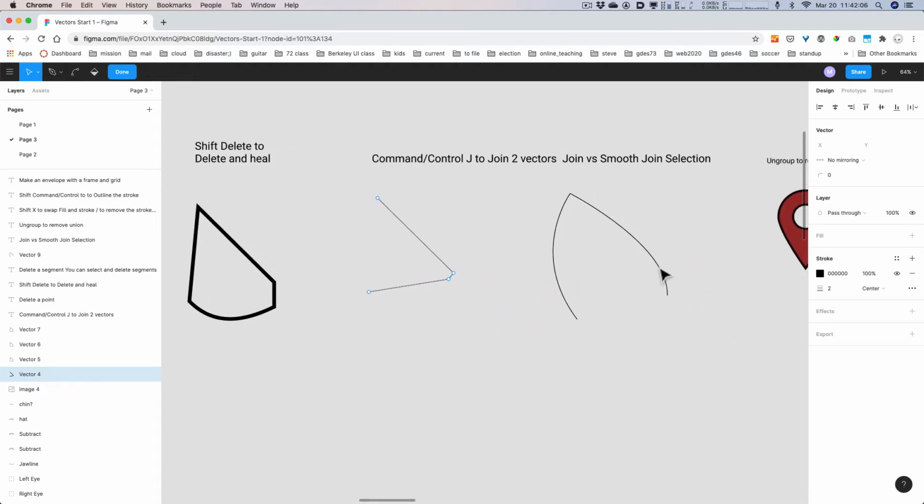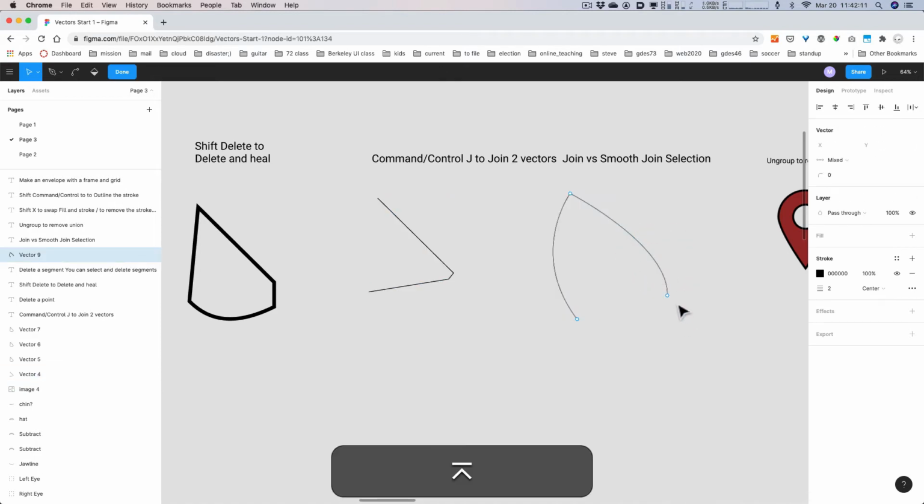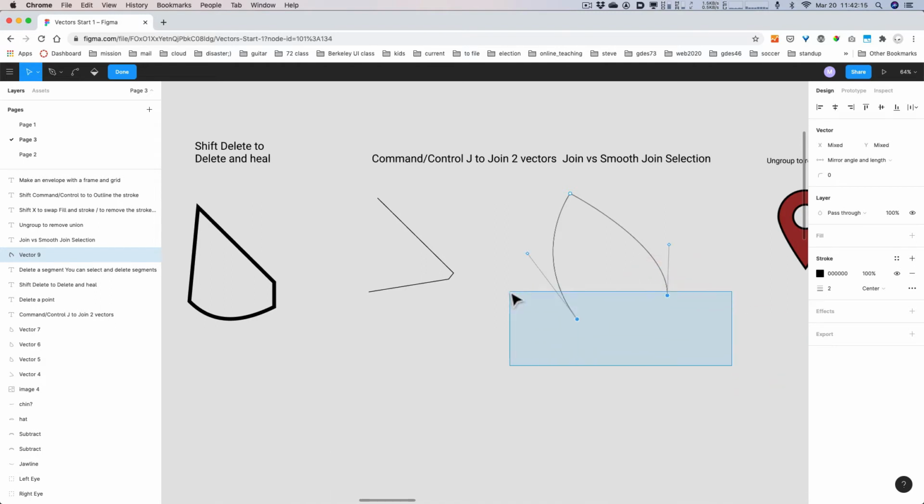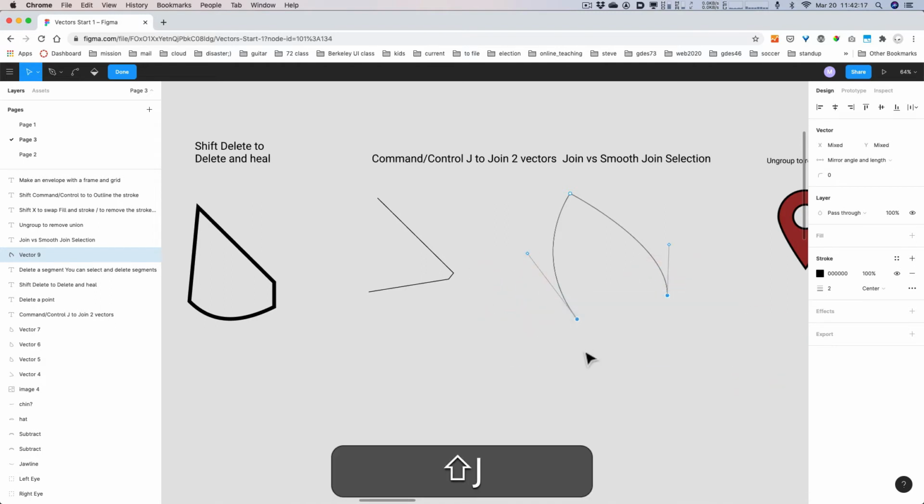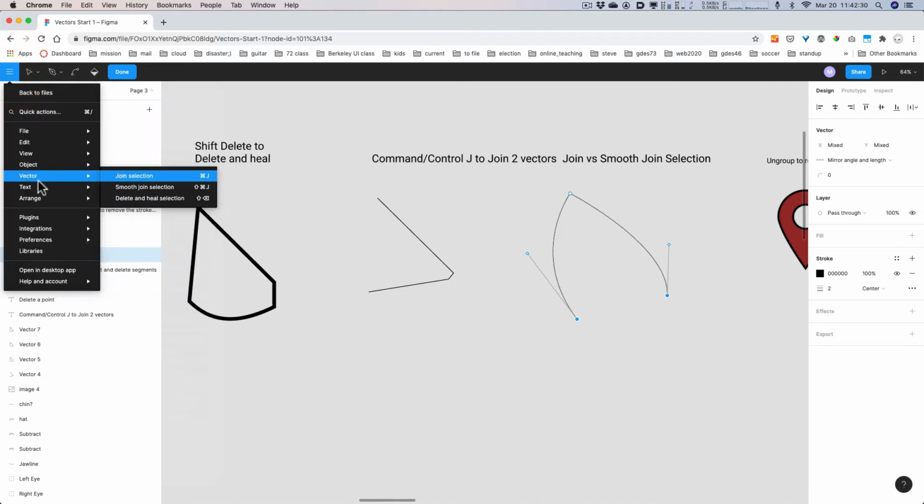So let me get this guy. Get out of that one. Okay, so I'm going to select these two points. And there we go. Select those two points. Command J. In the wrong keys. There we go. Command J. So it just connects them directly, right? So I'll undo that. There's also smooth join, and I didn't mention this, but under vector are all these commands